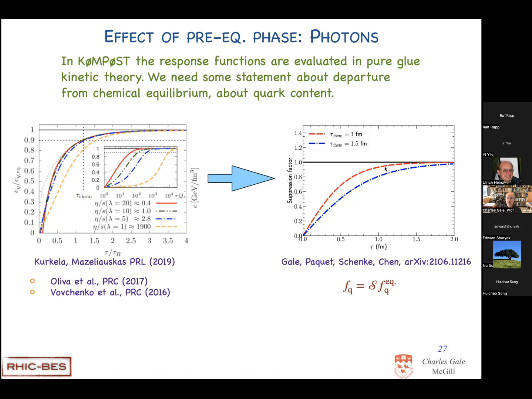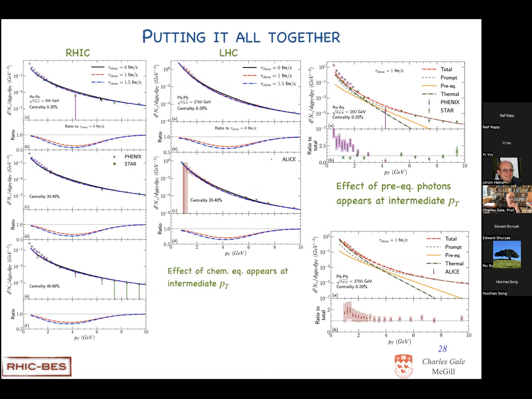And we've allowed here for some leeway and for some liberty in how fast this is achieved. So there's a chemical equilibrium time here that's 1 Fermi and say 1.5 Fermi. And what that does for photon spectra is shown here, for PHENIX and the LHC. There's not a big difference, certainly on the log scale, whether you have instant chemical equilibrium that's achieved over